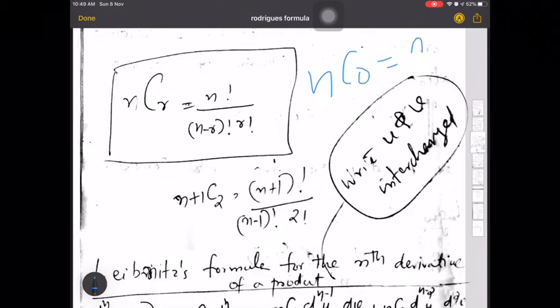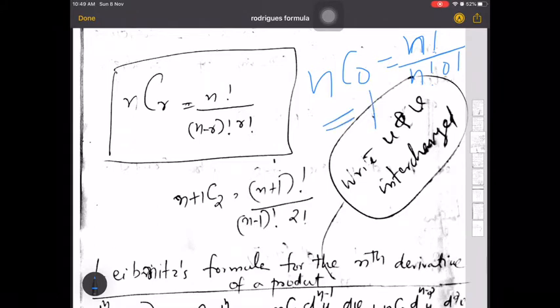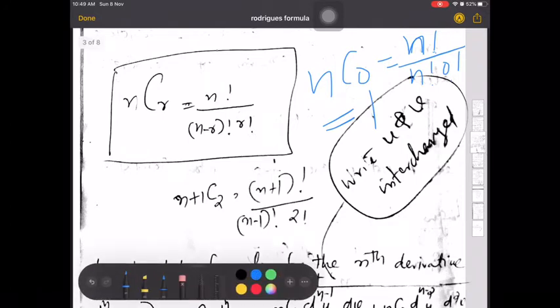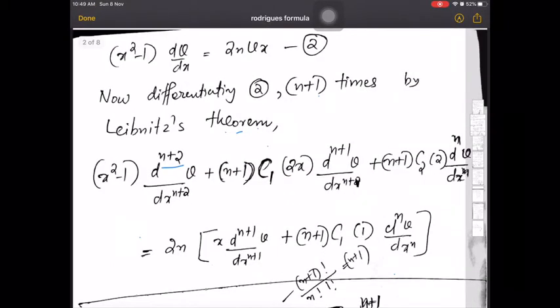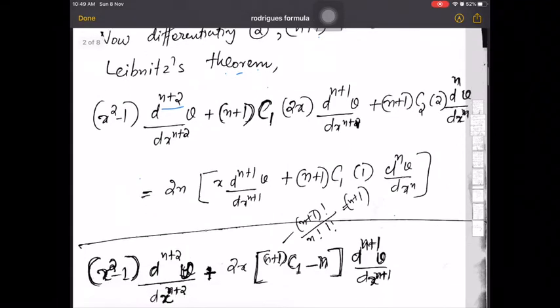n factorial over n minus r is n factorial over 0 factorial, and that is equal to 1. Okay. And in the same way you have to find the other terms as well. Okay. So you will have here